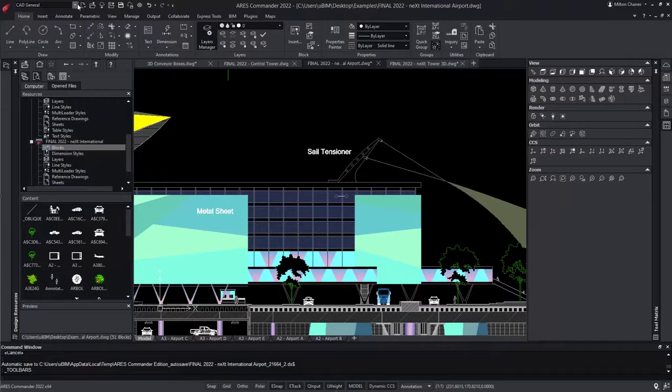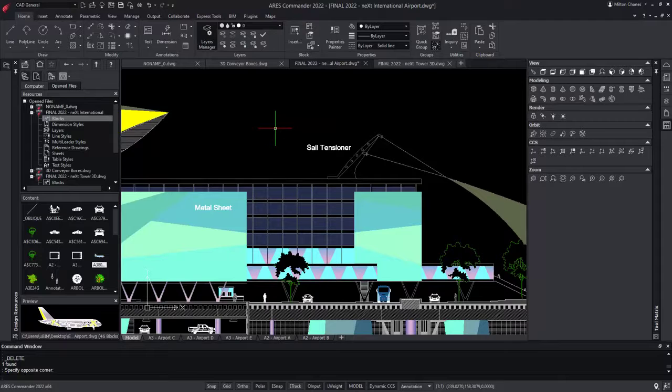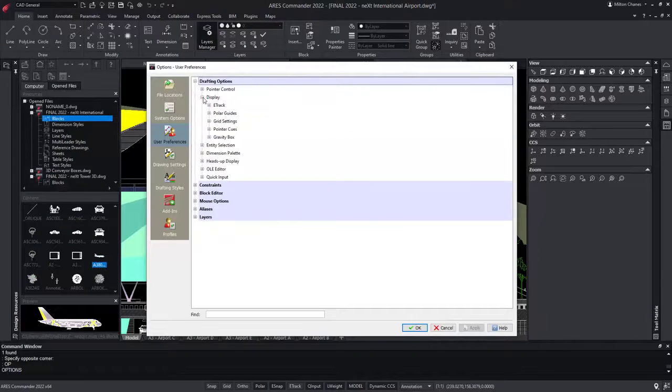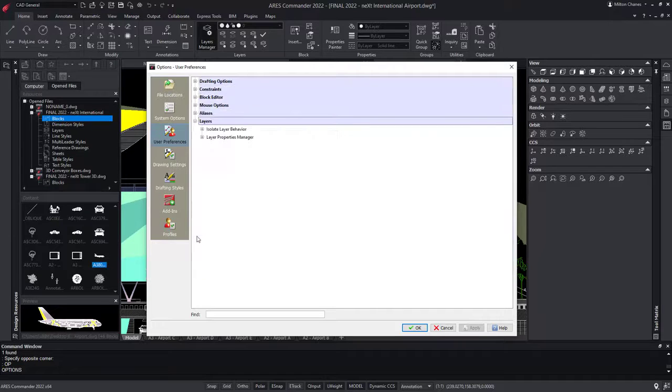After selecting all the palettes that you like, you can save this configuration as a new workspace, or just overwrite another workspace to keep this configuration. For more customizations, you can enter Options in the keyboard. A dialog shows up to centralize all the options. This dialog is significantly different from AutoCAD, so at first sight it may be a bit confusing for an AutoCAD